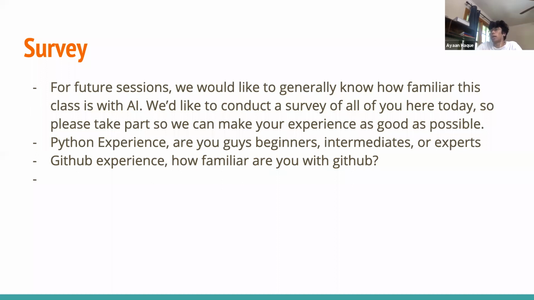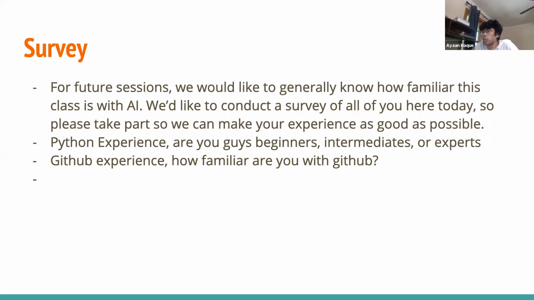So it looks like most people raised your hand. I think we're at a good point where most of us at least know coding to some extent, and a lot of us know Python, which is great. That's all you really need to know, just basics. And if you don't know, like I've never done coding, we can figure that out. We can send some intro videos and basic concepts.